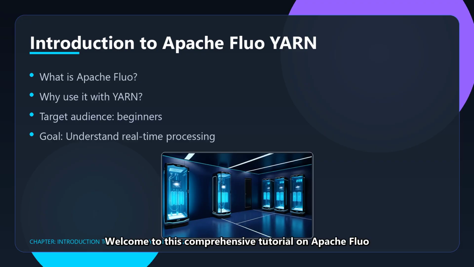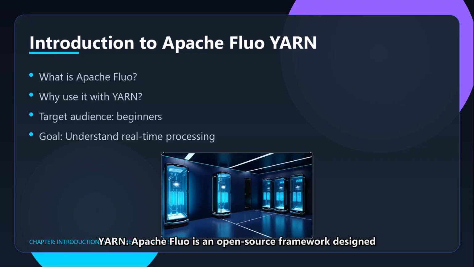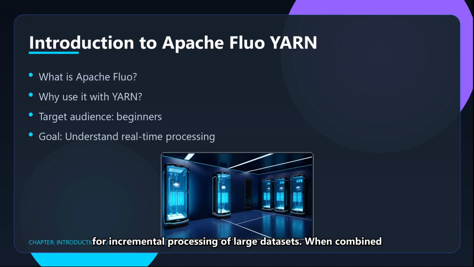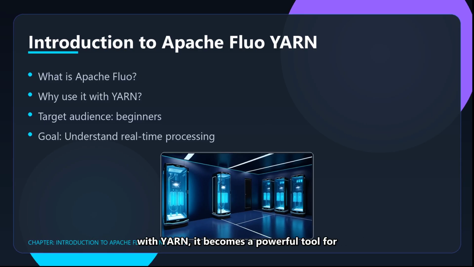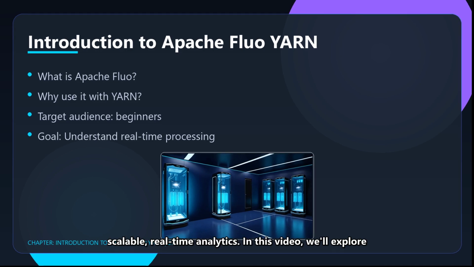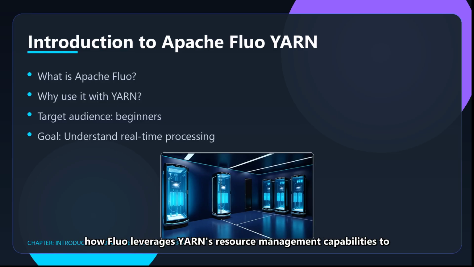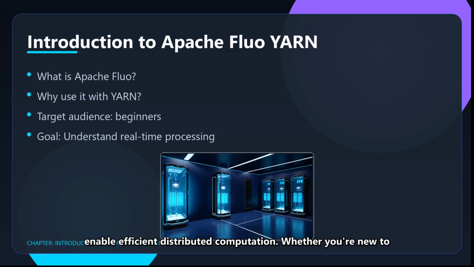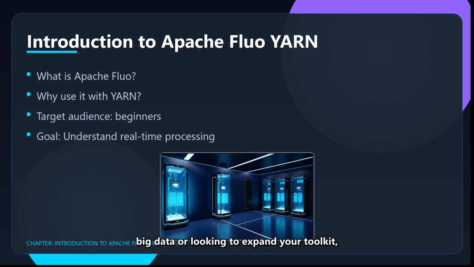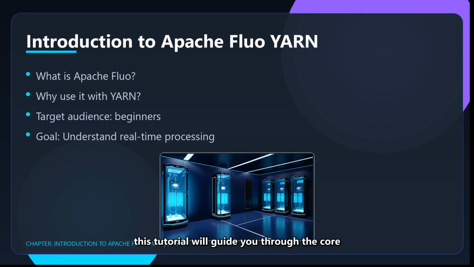Welcome to this comprehensive tutorial on Apache Fluo YARN. Apache Fluo is an open-source framework designed for incremental processing of large datasets. When combined with YARN, it becomes a powerful tool for scalable, real-time analytics. In this video, we'll explore how Fluo leverages YARN resource management capabilities to enable efficient distributed computation. Whether you're new to big data or looking to expand your toolkit, this tutorial will guide you through the core